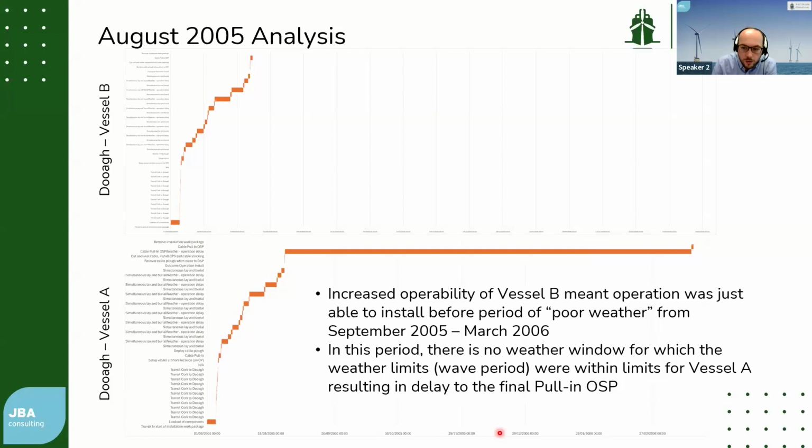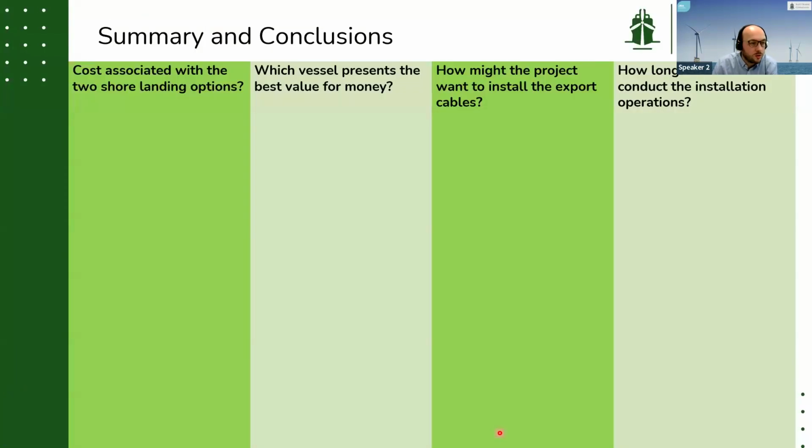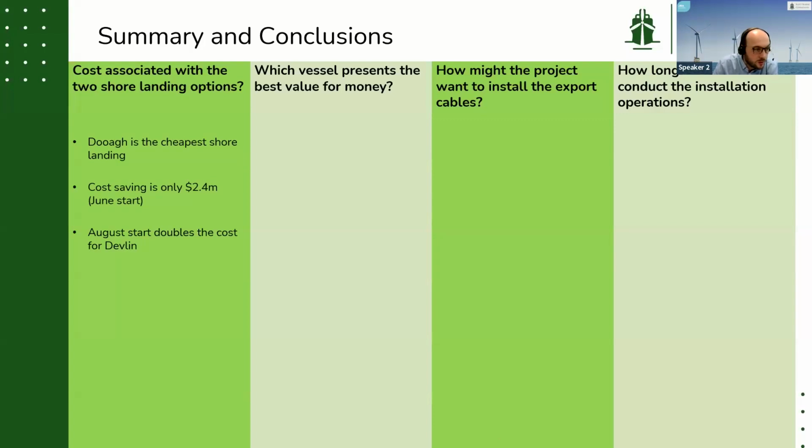So that's a very fast run through of all the analysis we've done. We would come up with some conclusions to this. So I just want to revisit our initial questions very quickly. So the costs associated with the 2 shore landing operations. Well, Dua, we saw that one is the cheapest shore landing, and we saw that with a June start,